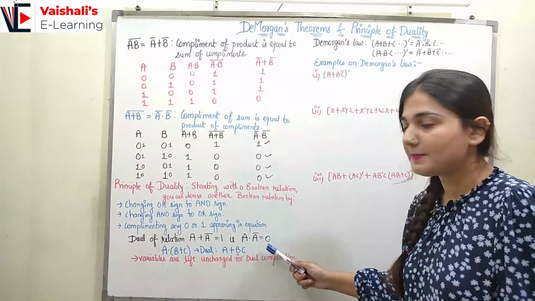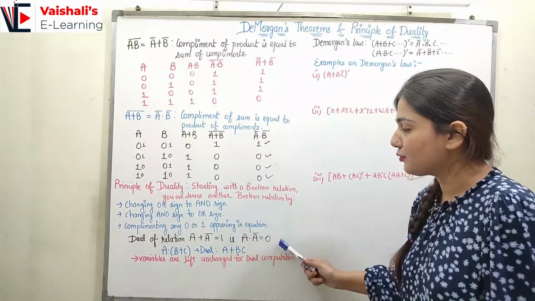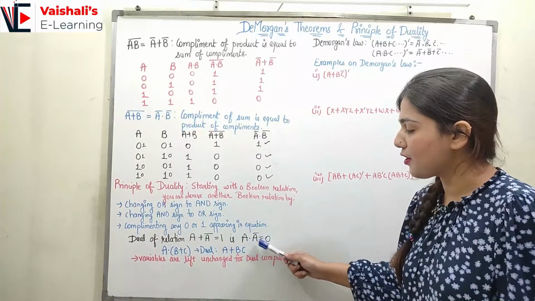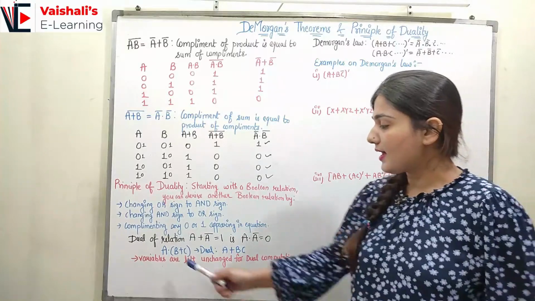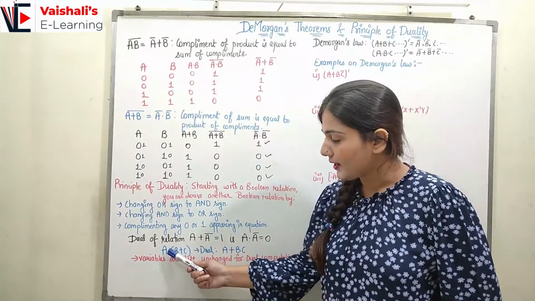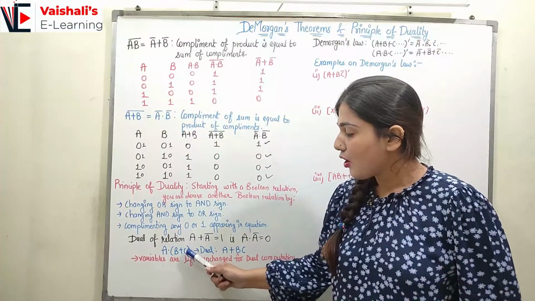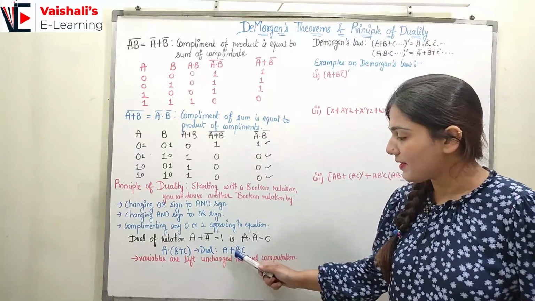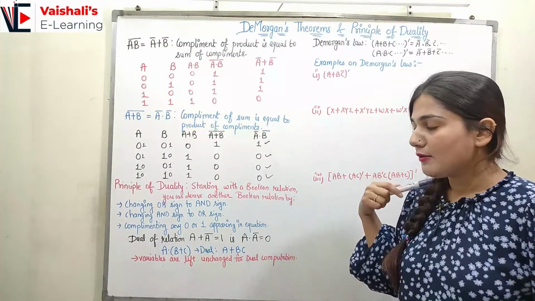So variables are kept as it is. A dot A bar, here I had 1, so 1 I have to convert to 0. So A dot A bar will be 0. This is the dual of this equation. Now here I have A dot B plus C. So its dual would be A dot here. So dot I have to convert to plus, right? Here we have plus, or I have to convert to AND. So A plus BC. This is how I can find out the dual of any equation.